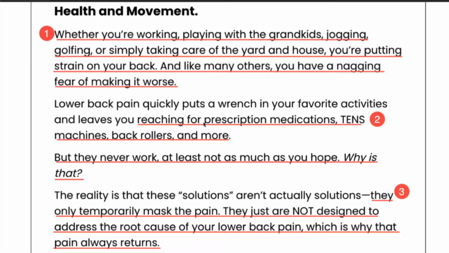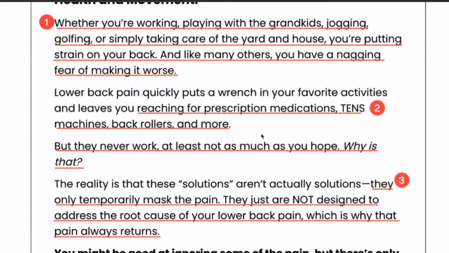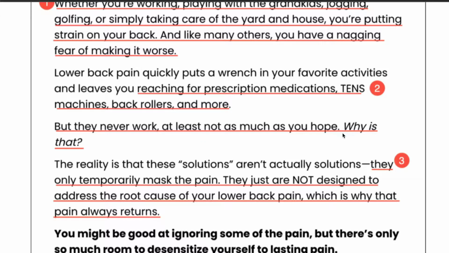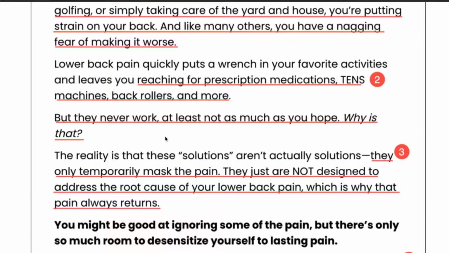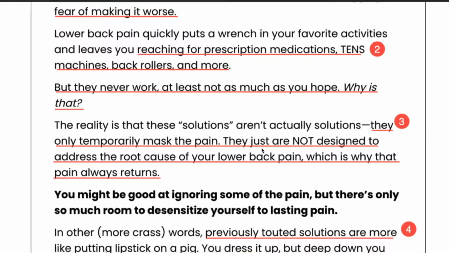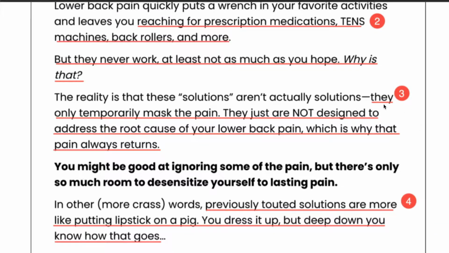So here, point number two, we're trying to draw contrast with prescription medication, TENS machines, back rollers that they may have either tried or they probably don't even want to try. So we're trying to draw a contrast. And then they never work. And then we're saying, why is that? Is a very specific copy technique to get the user to continue reading. One of the things that we want to do is make sure that the reader reads all the way through. And this is a pretty long page. And so it's really important that we give them those nudges, what we call seeds of curiosity, to want to continue reading. Now, here we're talking about another problem, which is that they only temporarily mask the pain,